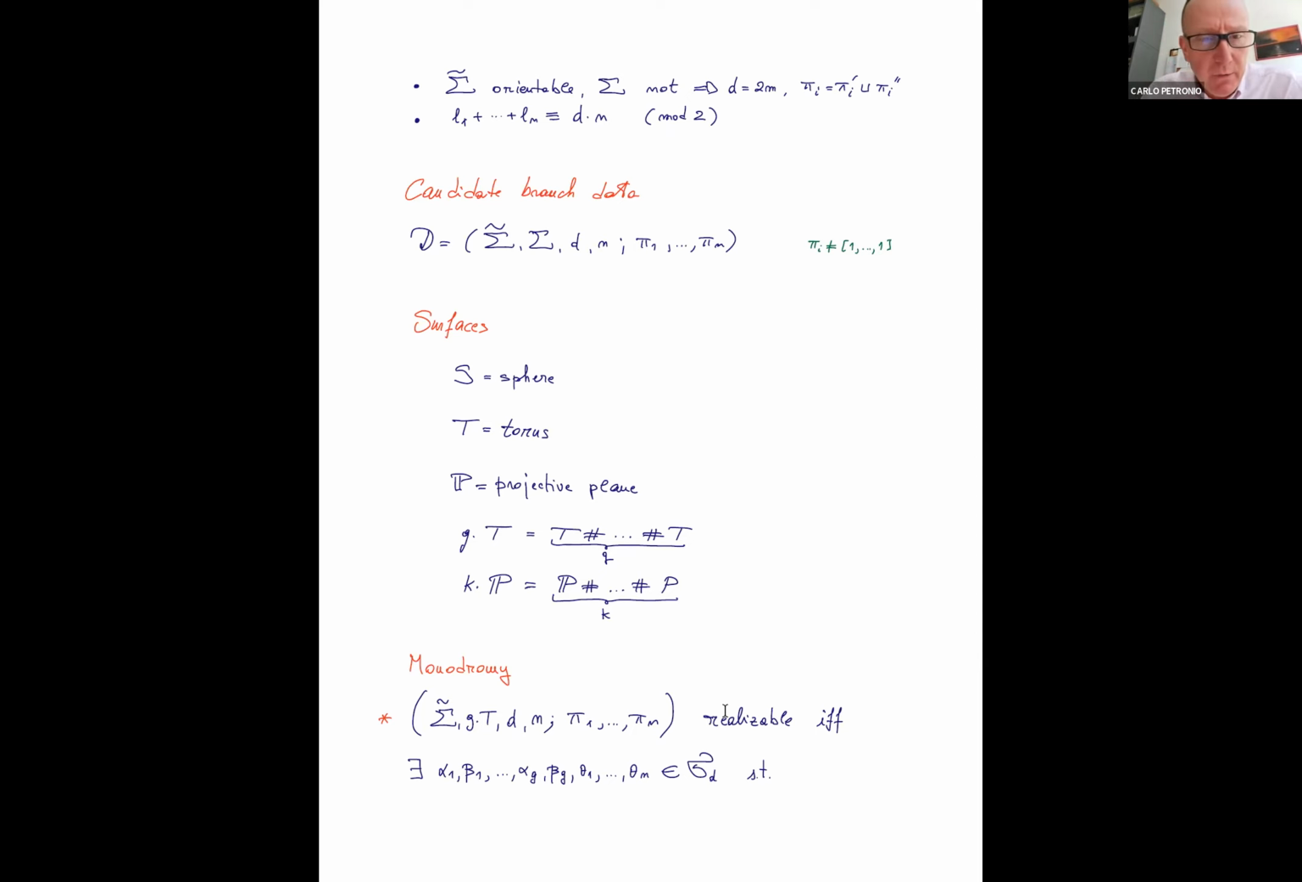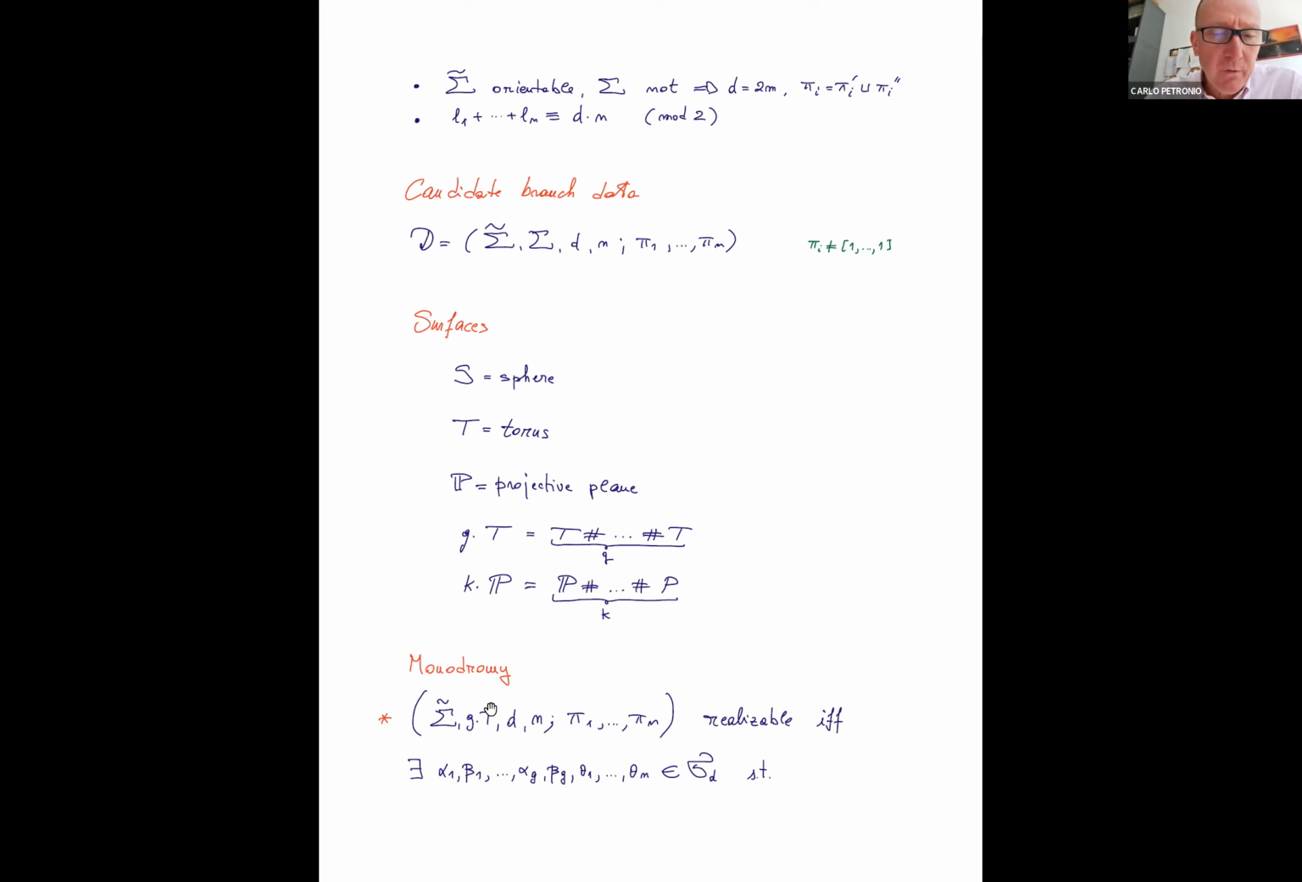So some notation: I will denote by S the sphere, T the torus, P the projective plane, and then GT will be the surface of genus G, the connected sum of G copies of T, and KP is the connected sum of K copies of the projective plane. So the monodromy approach, already known to Hurwitz himself, allows us to show the following: